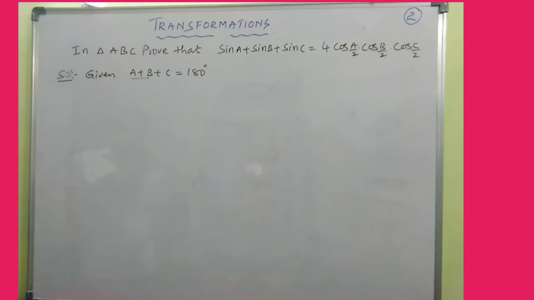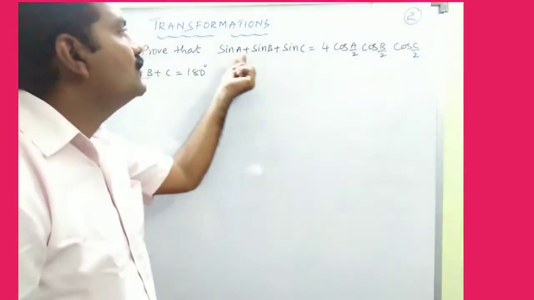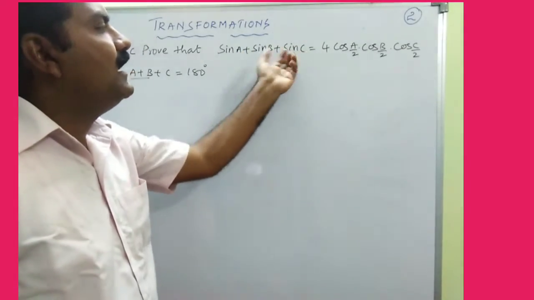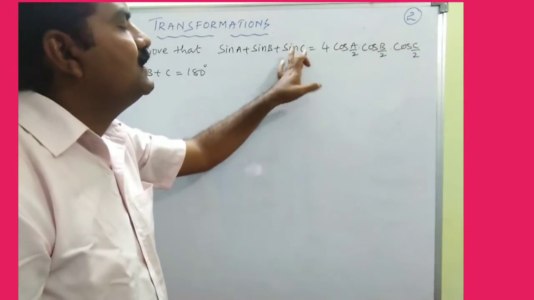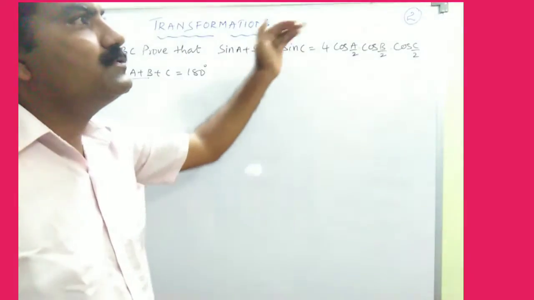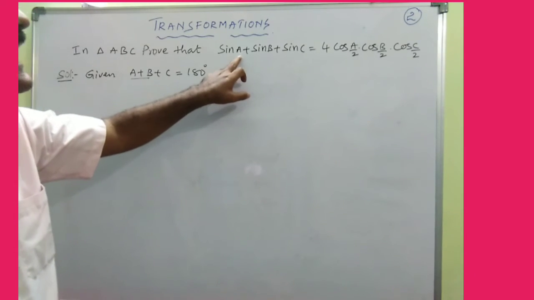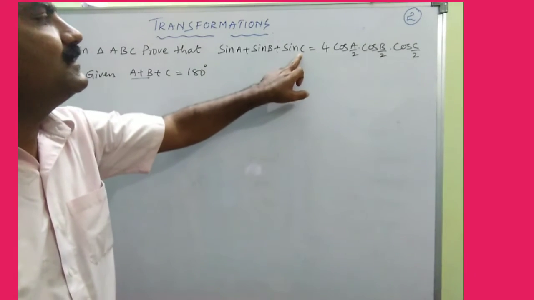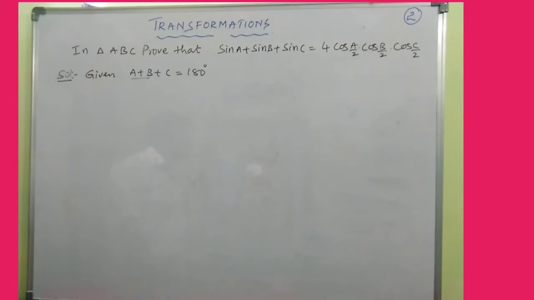See, if you observe properly, in the problems we discussed till now, the angles involved were 2A, 2B, 2C, hence the results were in terms of A, B, C. If we have 2A, 2B, 2C, then in the RHS we get half of it: half of 2A is A, half of 2B is B, half of 2C is C. Now the question is slightly different. In the left hand side itself, the angles are just A, B, C. That's why we get half: A by 2, B by 2, and C by 2. Don't worry, whatever the angle may be, the process is the same.